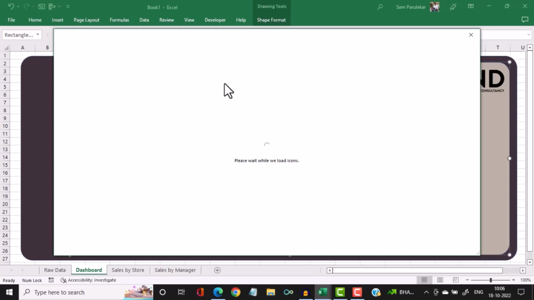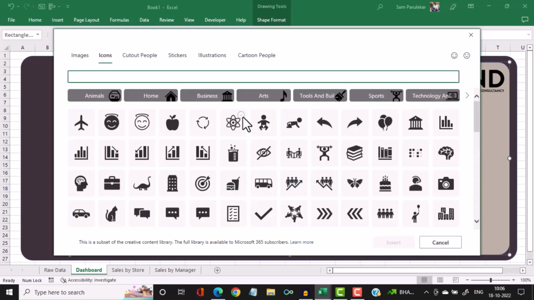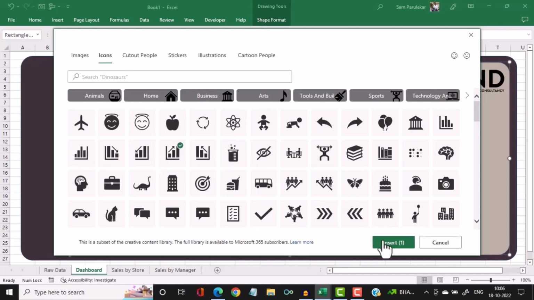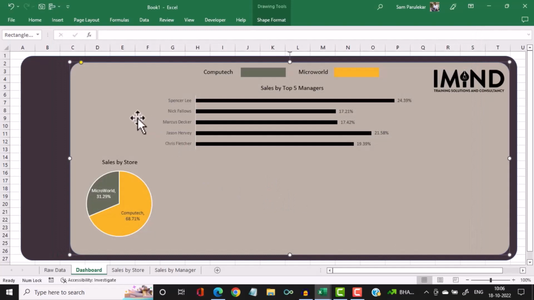So it shows you the Microsoft library of icons. So we'll select this icon and we'll select insert, and we'll bring it over here. We'll reduce the size,